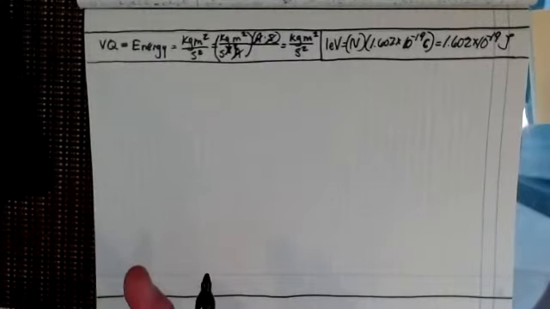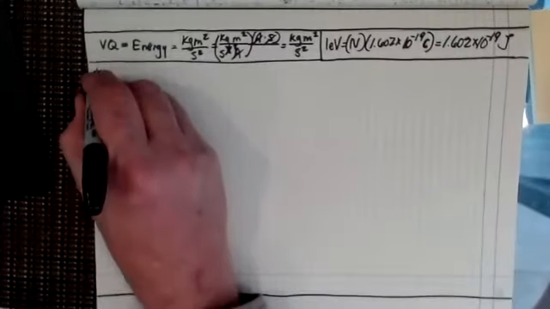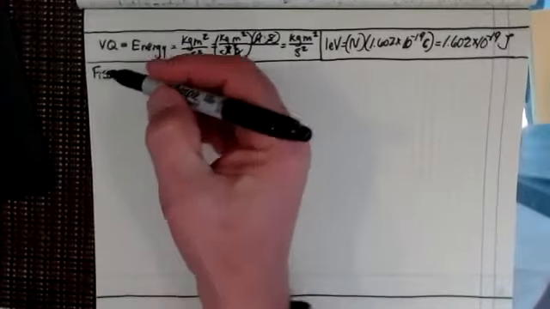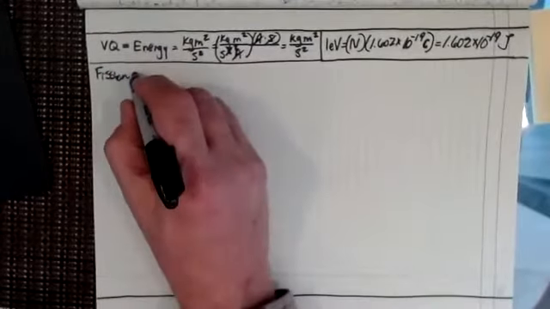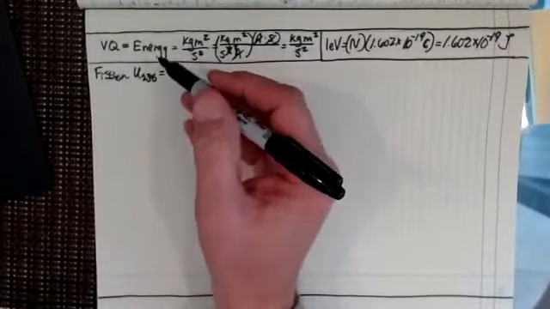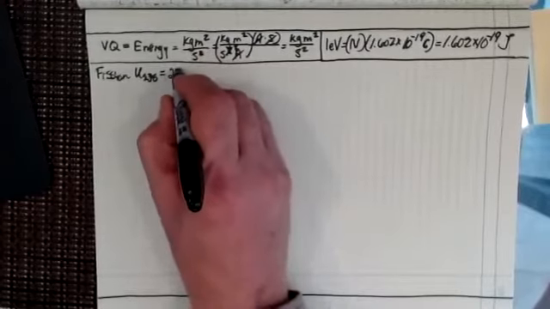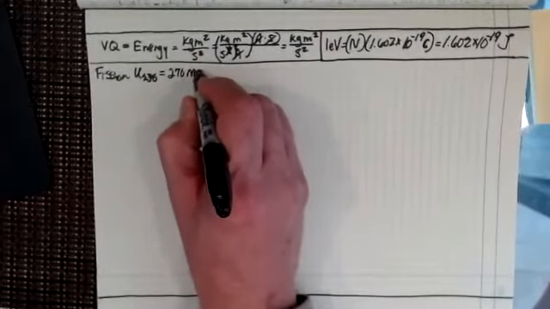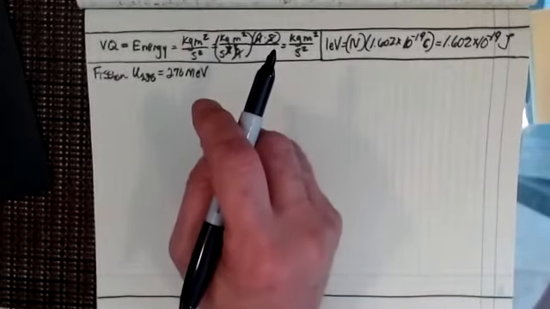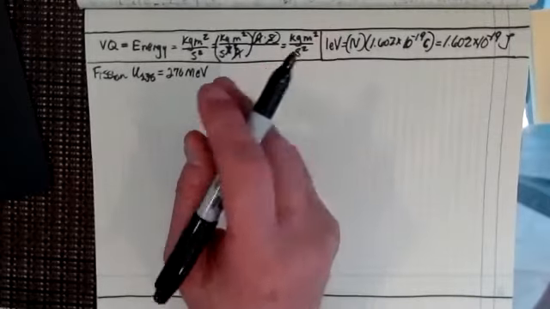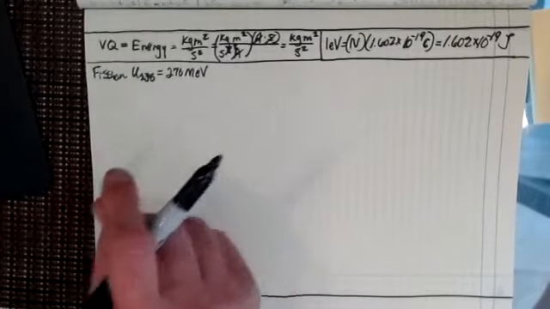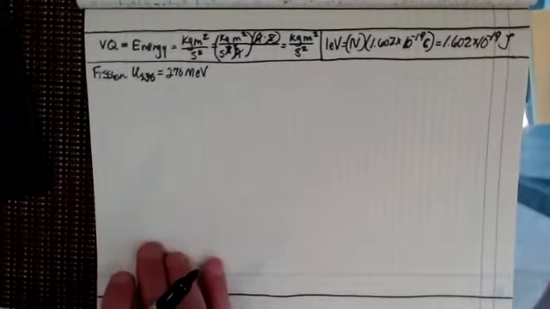If I wanted to fission U-235, which is what is occurring in our nuclear plants and what occurred with the atomic bomb, that requires 270 million electron volts, right? So you can turn that into joules. That's just for one fission of uranium-235,